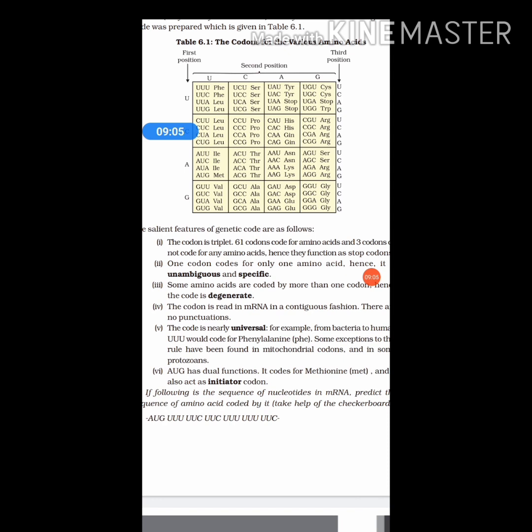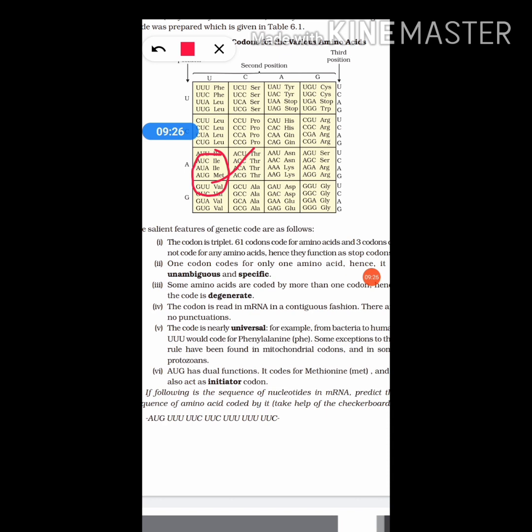There we can see one codon and that is called AUG. Here you can see the codon AUG. See, AUG has a dual role. Any other codon does not have any dual role. Only AUG has a dual role. It has two functions. First one, AUG is coding for what?